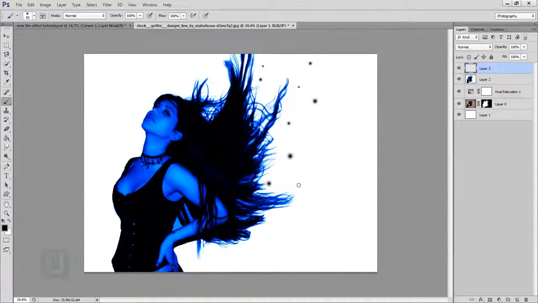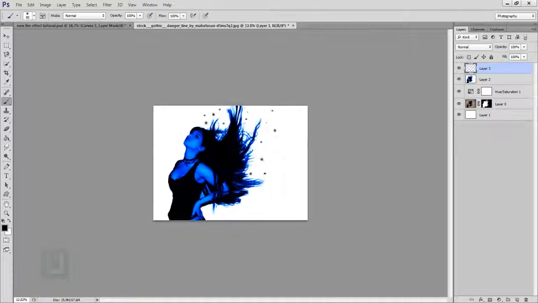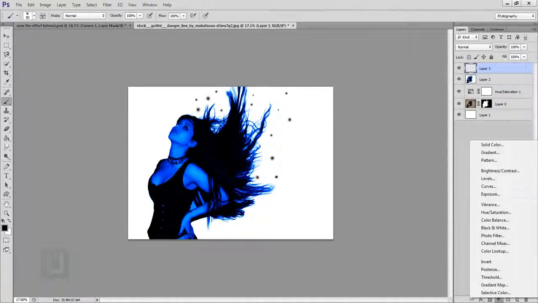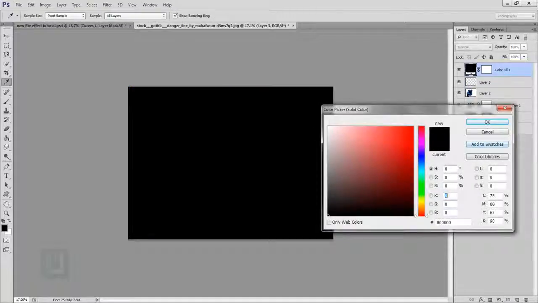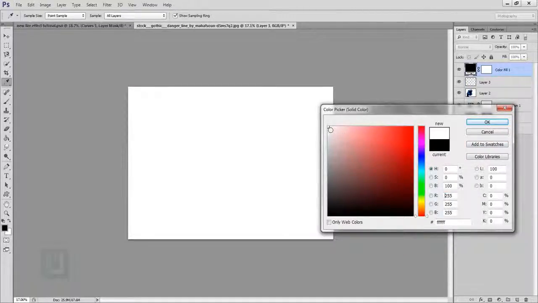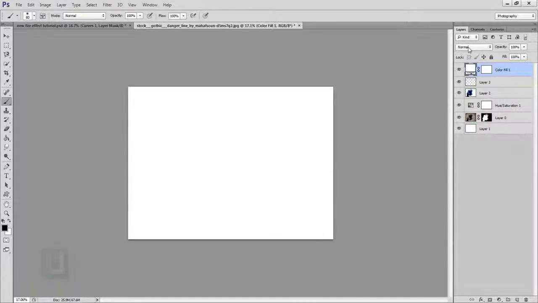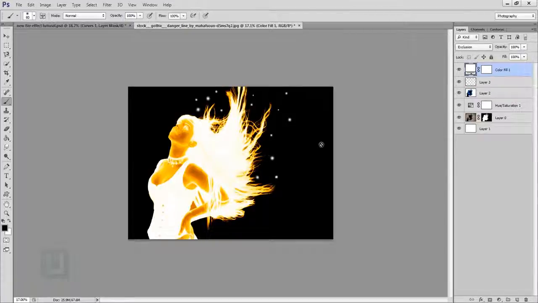Near her hair would look much better, so let's do a touch here and stuff like that. You get the idea. Once this is done, click on your new adjustment layer and select a solid color. In the solid, your color should be completely white, like full on white. Hit OK. Now change its blending mode to exclusion, so it will invert all of the colors, and as you